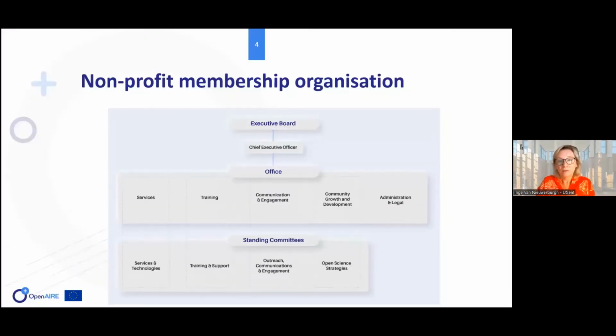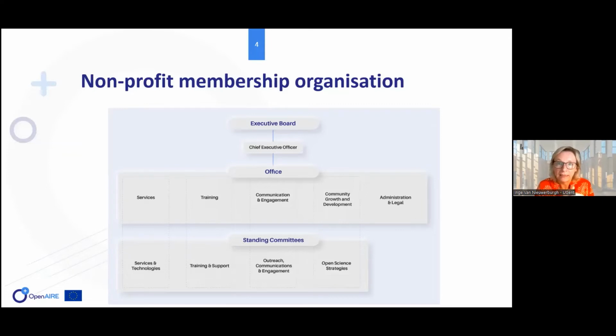We are a non-profit membership organization. OpenAIRE started as a series of projects funded by the European Commission. OpenAIRE is the abbreviation of Open Access Infrastructure for Research in Europe, and throughout different projects, and now in a legal entity, we have services now developed for the open infrastructure for scholarly communication. And as said, after a series of projects, it's now turned into a legal entity, which is a non-profit membership